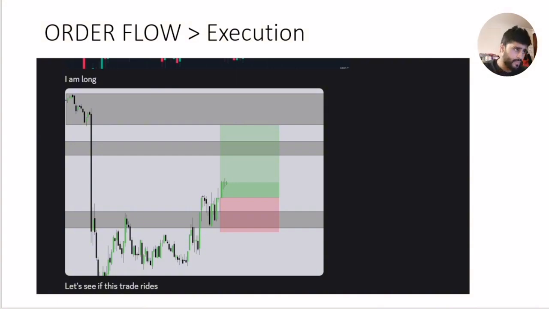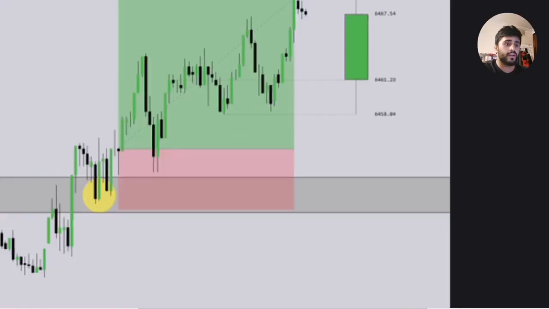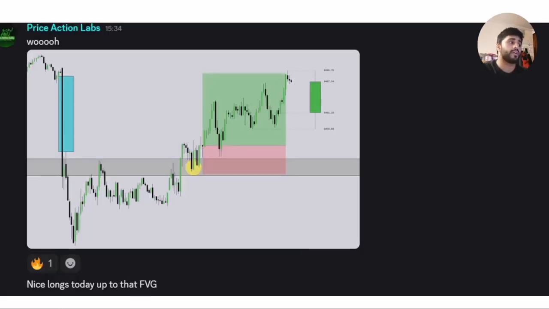So if I just go to the next slide. So this was essentially the trade, right? What we can see here is a very, very clean, if I zoom in a little bit, we can see a clean break above the level and the retest. So a key level was formed. We're looking for price to enter the level, give us a break and retest. And that's how I form all of my trades. Every single one of my trades comes down to a very, very